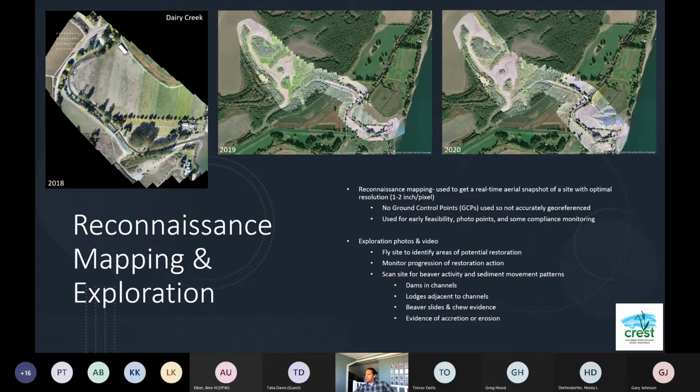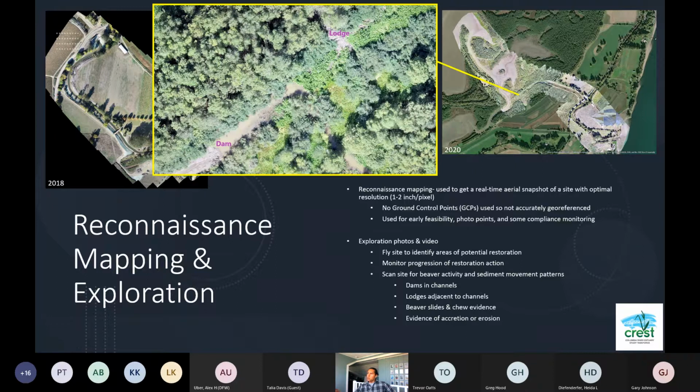And this is Dairy Creek on Sauvie Island, which connects Sturgeon Lake over here with the main stem Columbia. And we fly it annually to monitor the sediment movement in this channel. And we've noticed over here by Sturgeon Lake that there's a lot of beaver activity. So this is one photo out of that orthomosaic. And up here you can see a